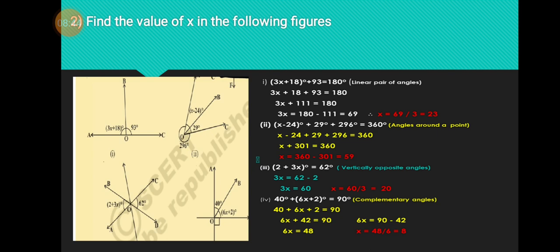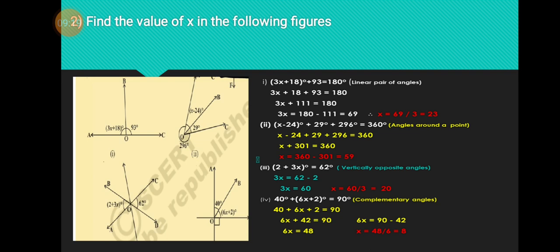So observe the question properly, see which property suits here and apply that property. Third question, see here he has given 3 lines. Whatever he gives, you have to observe the 2 required lines and match the property. Here we are observing only BD and AC, the 2 lines, so the third line is given to confuse you. Those 2 are vertically opposite angles and we have learnt that vertically opposite angles are always equal.